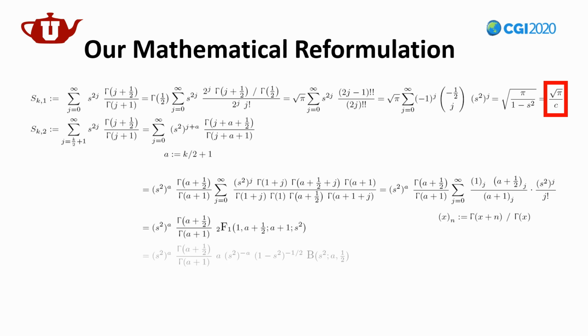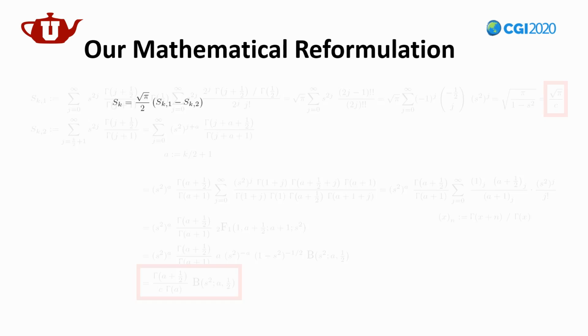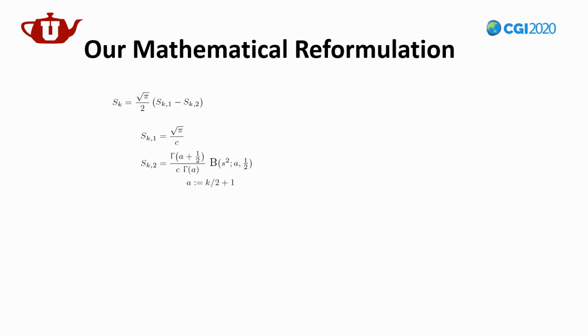This can then be simplified slightly by using the special form of that function's arguments to invoke the incomplete beta function instead. It should be noted that this stage continues the discrete series, thereby allowing it to work with floating point arguments. We can now return to the problem of computing s sub k. We have just computed both subseries, so all we have to do is substitute them in to get an expression